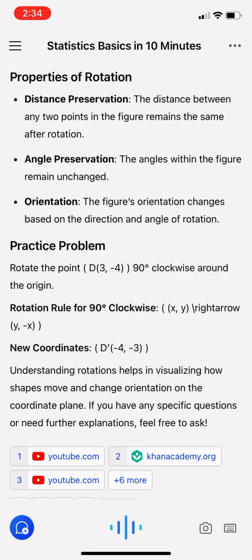Practice problem. Rotate the point D (3, -4) 90 degrees clockwise around the origin. Rotation rule for 90 degrees clockwise, (x, y) → (y, -x). New coordinates D (-4, -3). Understanding rotations helps in visualizing how shapes move and change orientation on the coordinate plane. If you have any specific questions or need further explanations,